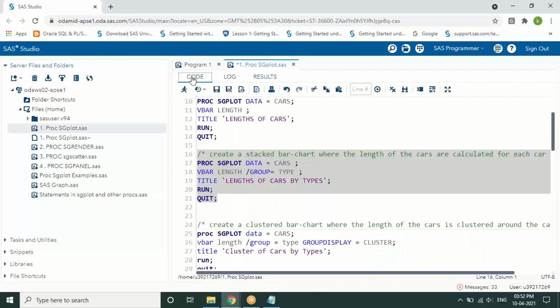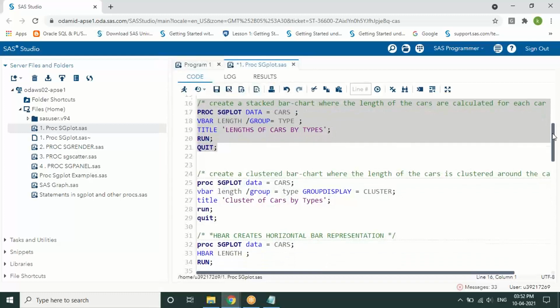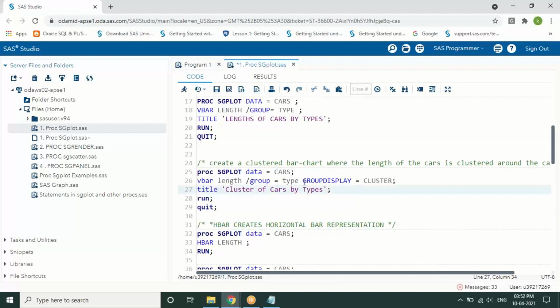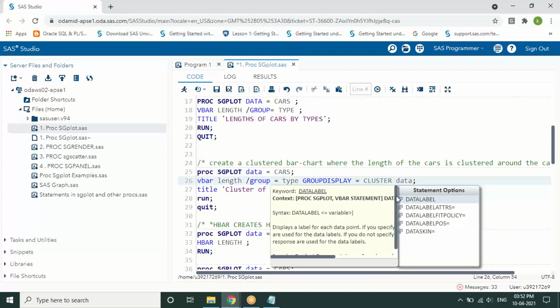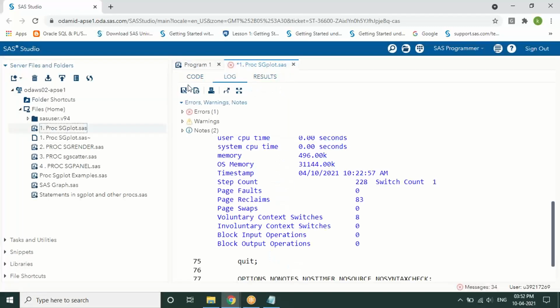Certainly this visualization is not that clear to understand. Let's now make this into a clustered bar chart. How can you make this a clustering? I have an option called group display where I want to do the clustering. So cluster, and I'll add one more option called data label as we have just seen earlier. So just by executing this option along with the procedure,